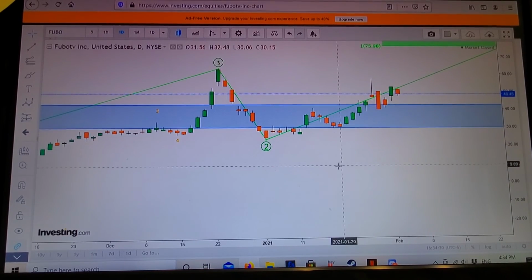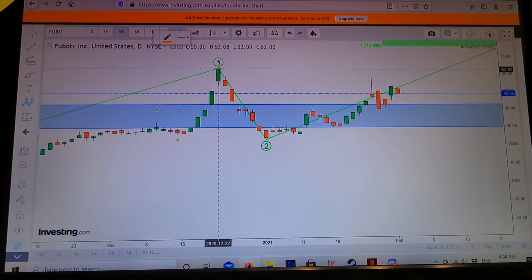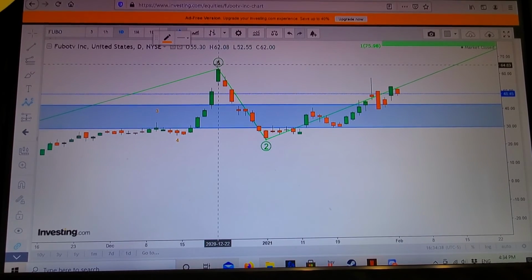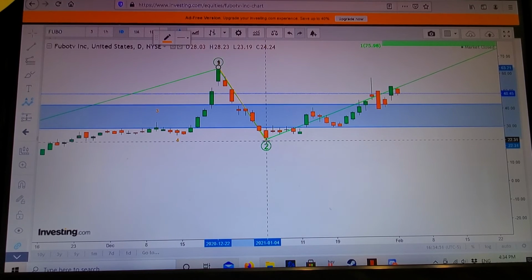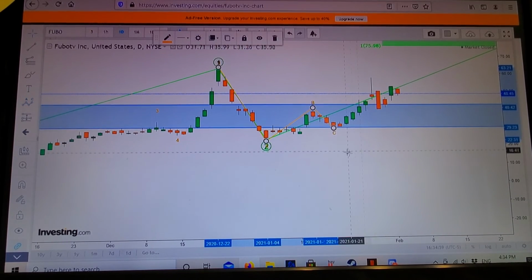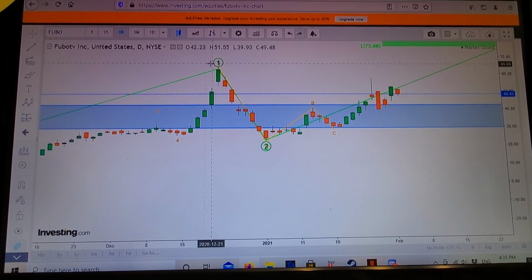And then just to take a look at the ABC, the correction that we were talking about, you can map it out. After 5, there's always a correction by the rule. So this is the top of 5 within 1, and our correction comes here. We would start at the top of 1, and I would say we have maybe an A, a big downfall here, and then maybe a B up to here, and then maybe a C to here or something. It may be a little more zoomed in, you could do the same thing, but long story short, you see an A, B, C sort of thing.